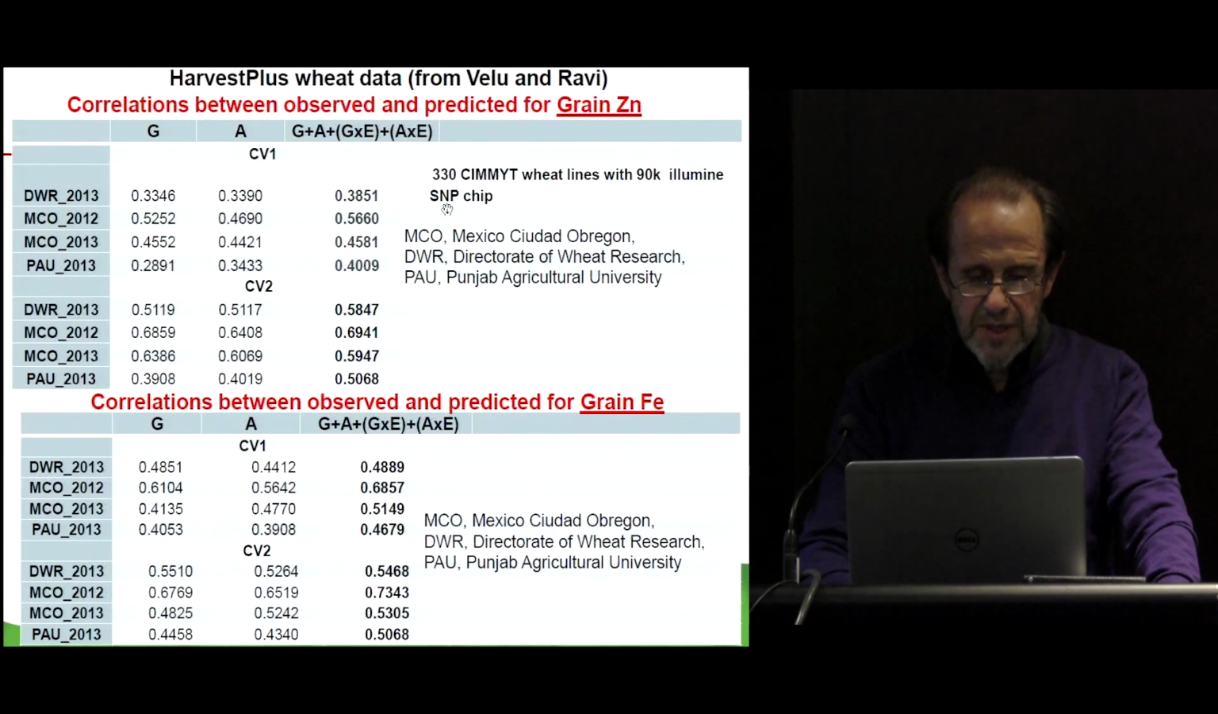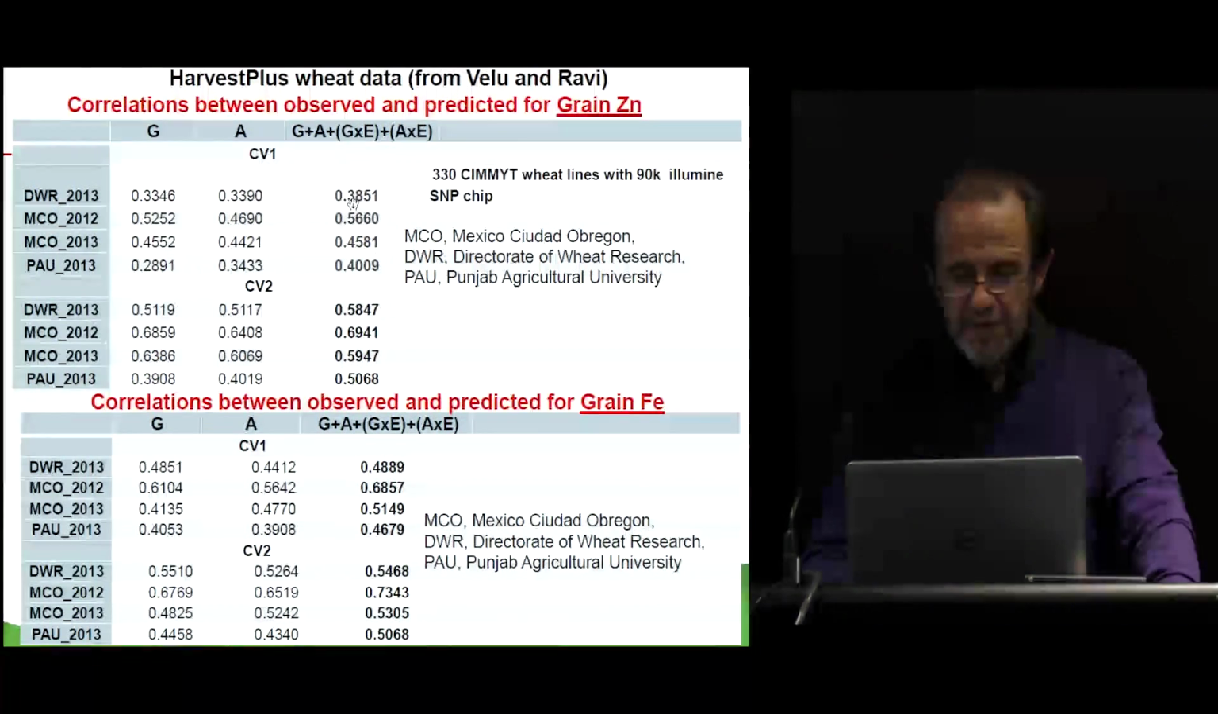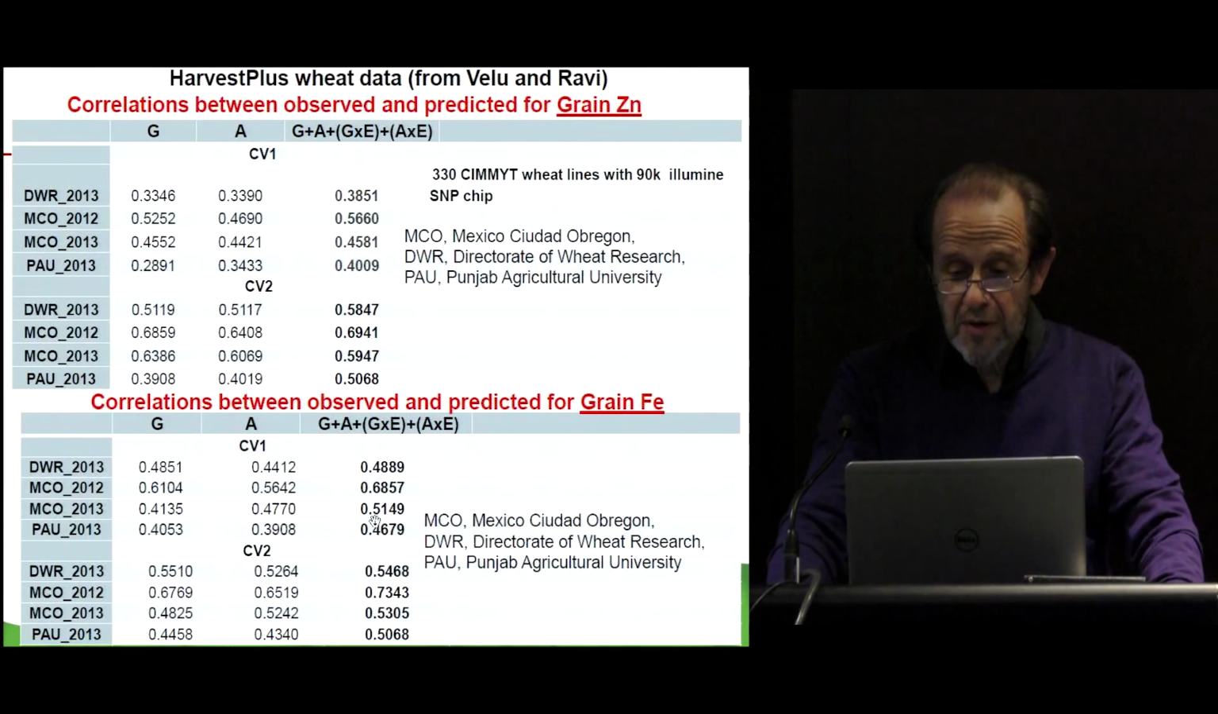These are the models. These are the predictions in different sites. You see that the predictions for the genomics are at this level for each of the sites. The sites: this is Mexico, Oregon, 2 years. This is India, the WITS Research Directory, and this is Punjab. So you see that the full model increased the prediction for zinc on the grain, for CV1, for CV2 more, and also for iron. So these are very good results that we are still working on with BLUP